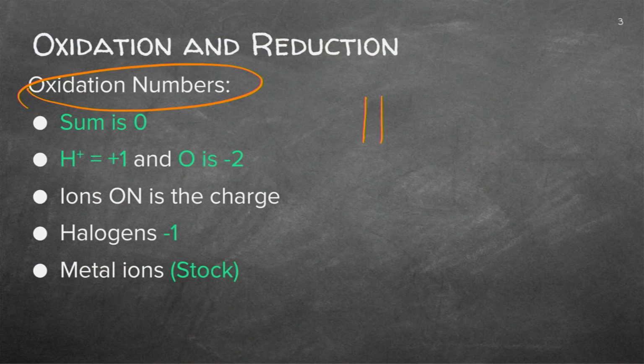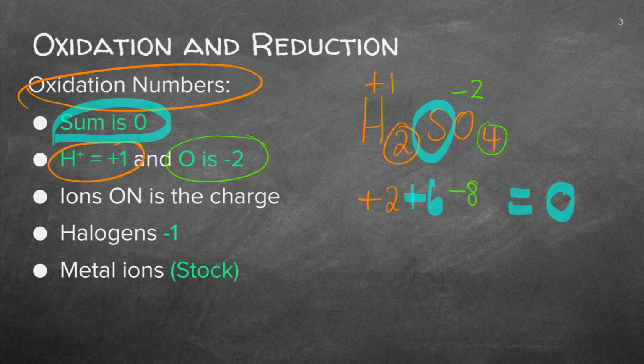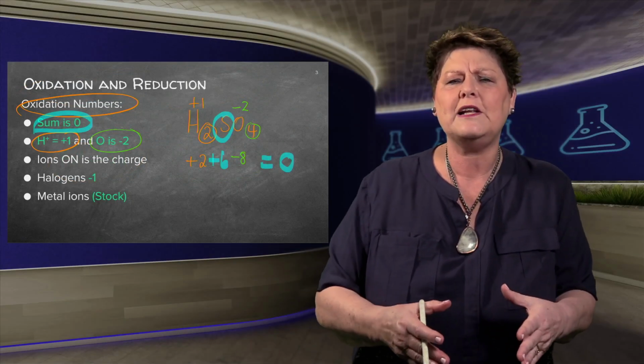We said, for instance, we've got sulfuric acid because we know that the oxygen will be -2. I've got 4 of them, therefore I've got -8 charge there. I've got hydrogen always being +1, so I've got 2 of them, that's +2. Therefore, the sulfur will be, for the answer to be 0, +6. So the sum will be 0. Not in all cases. You'll have to have a look at that lesson again.